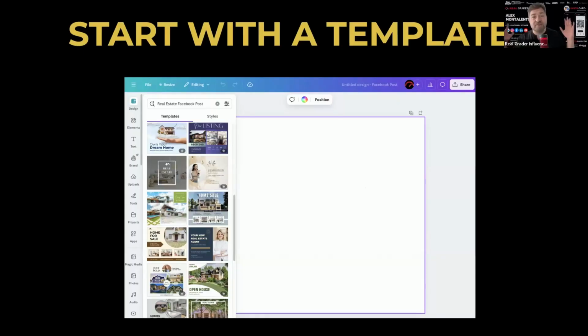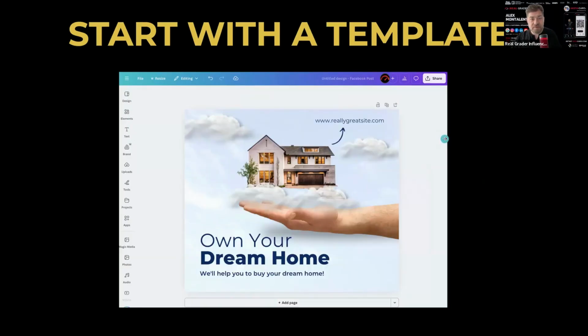So let's say I start with a blank canvas. Let's keep it totally basic to start with, right? So imagine Canva's like a huge billboard or a huge canvas. Like my daughter's an artist. I'm going to buy her a canvas at Michael's. And now we're going to draw and paint on this canvas. And what we create is a piece of marketing material, right? So here's a blank one.